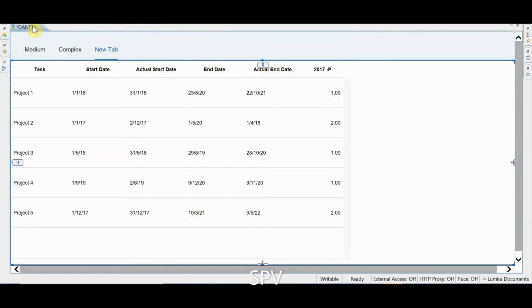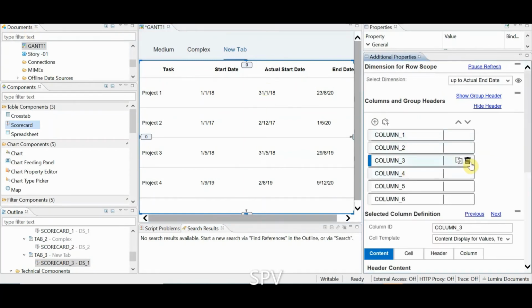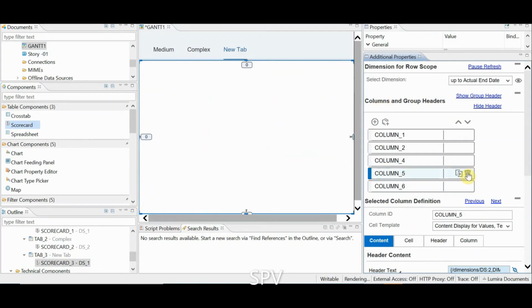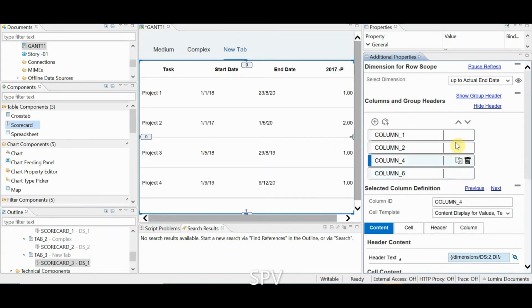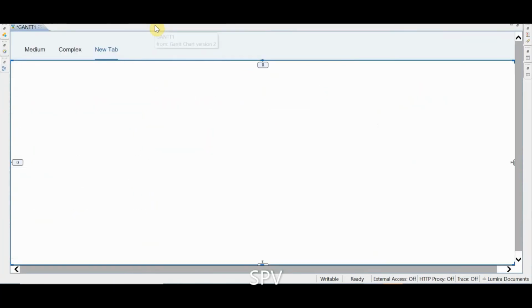So I select the second and third columns and delete them. The fourth column I also don't need, so I'm deleting that, and the sixth column as well.